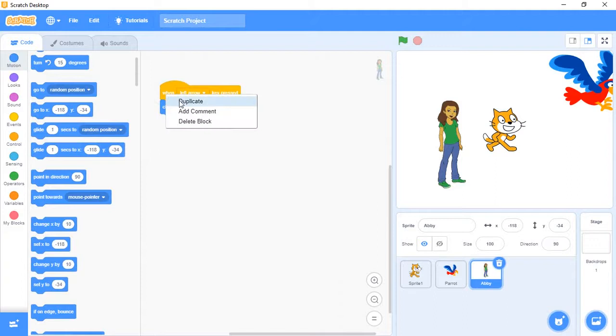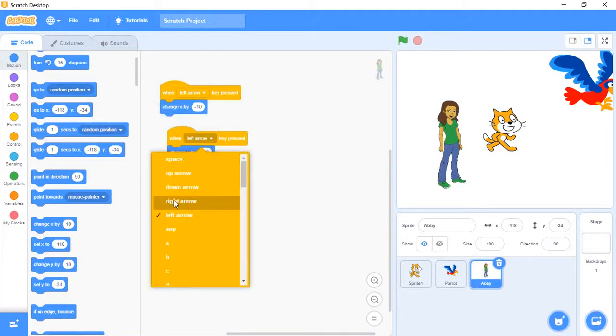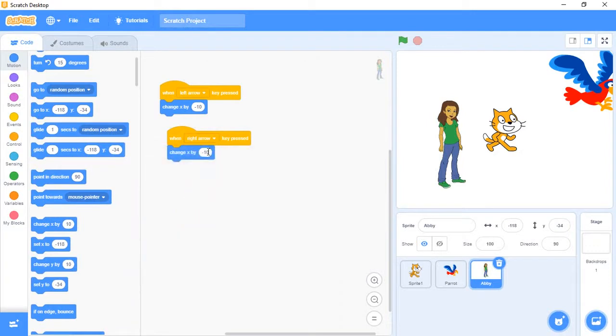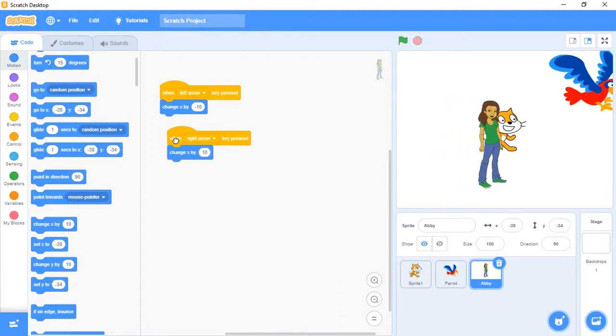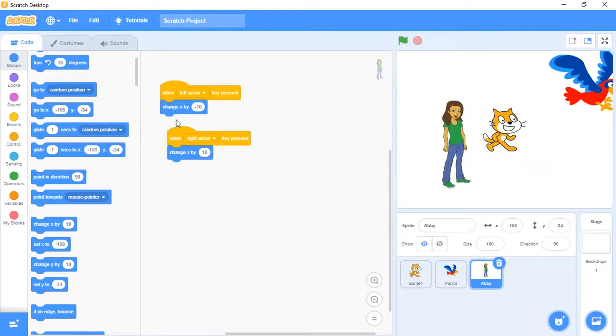Now if you want right arrow, it will be the positive direction. If you press the left arrow, it will go in a negative direction.